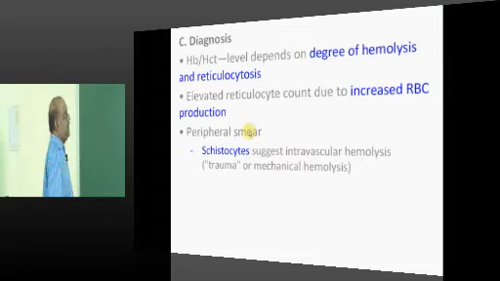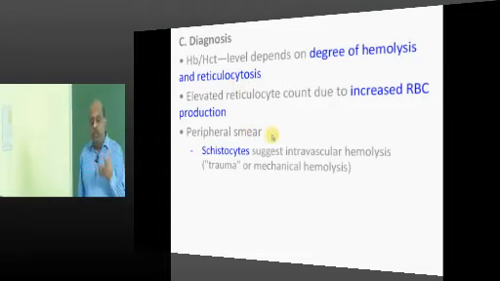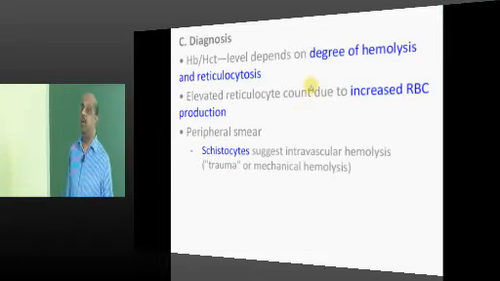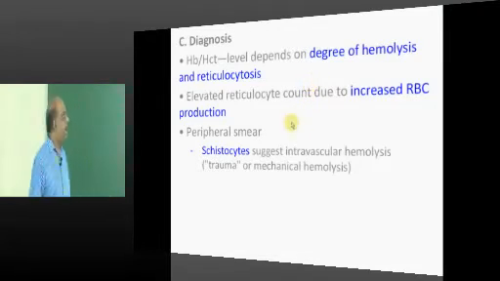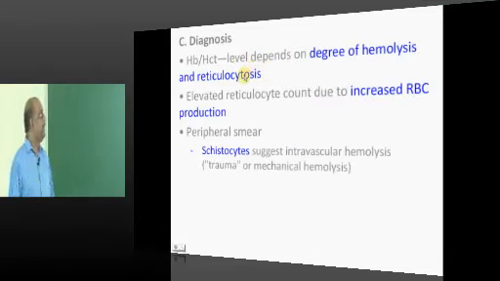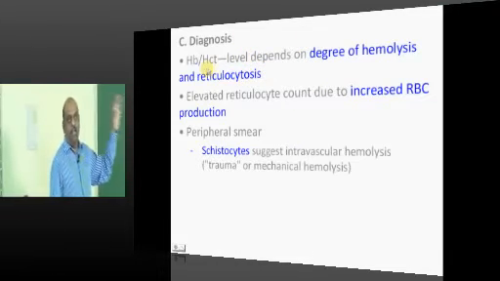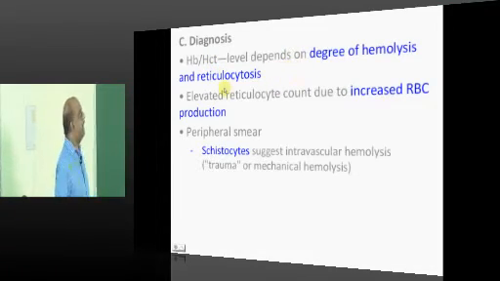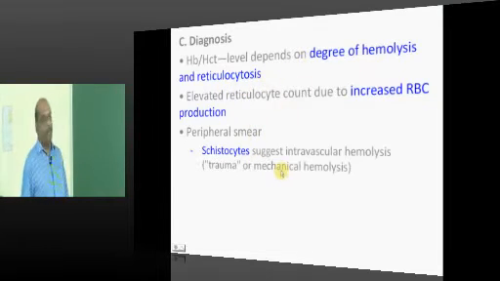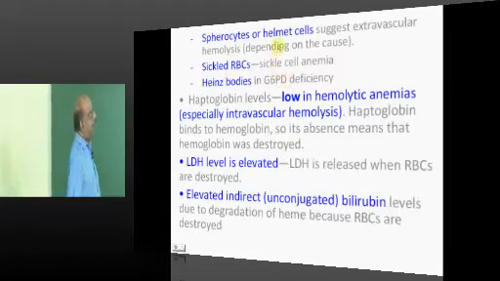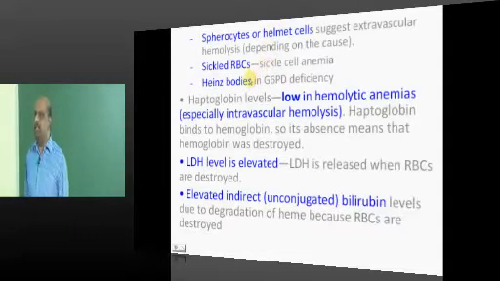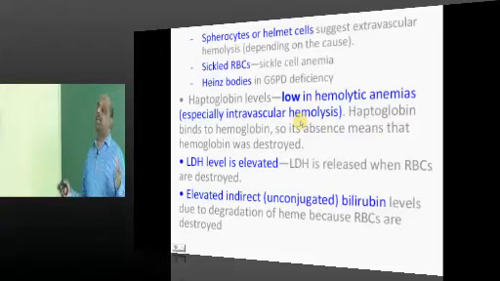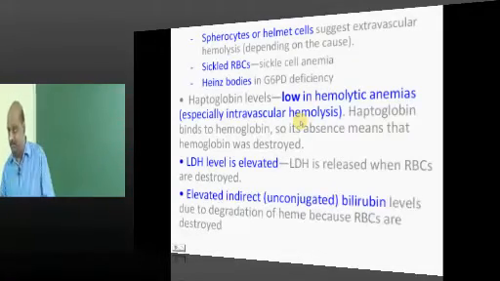Now a very important question is how brisk, how severe, what is the magnitude of hemolysis? Is there any way to grade it? Definitely. The amount of reticulocytosis and the degree of the fall of the hematocrit are good markers of the degree of the hemolysis, is what needs to be remembered. Then there can be helmet cells, sickle cells, Heinz bodies. These are all abnormal cells which can be found in the peripheral smear in a hemolytic anemia.